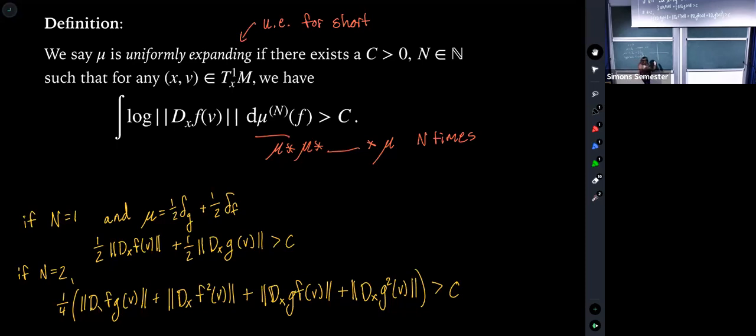Well, F will have an unstable and stable direction. So let's say these are, pretend that actually goes through the point. So let's say this is the stable. And this is the unstable. So again, this can never be uniformly expanding because we will always have the stable direction. It'll never grow. But let's say we add in G.